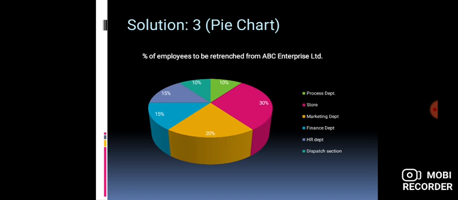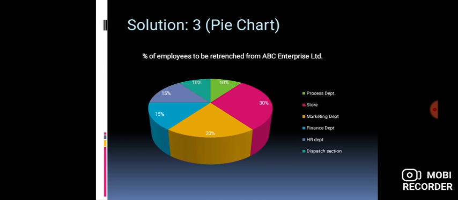Here ABC Enterprise Limited, the name of the organization, is clearly mentioned. And what is this chart all about? It is about the percentage of employees to be retrenched from ABC Enterprise Limited. So this is the identification. Now the data is represented by applying different colors, like the green color is for process department, pink color is for store section. In the data, you can see 30%,